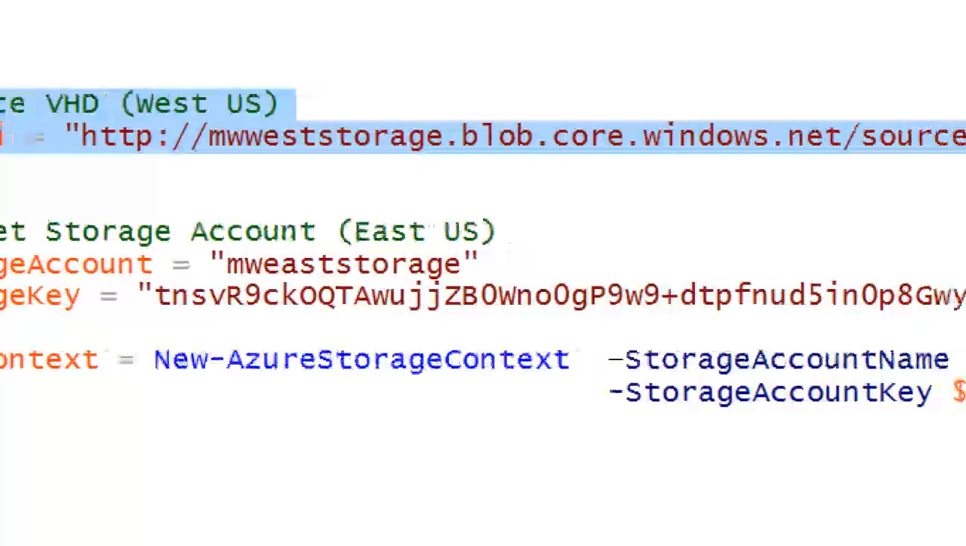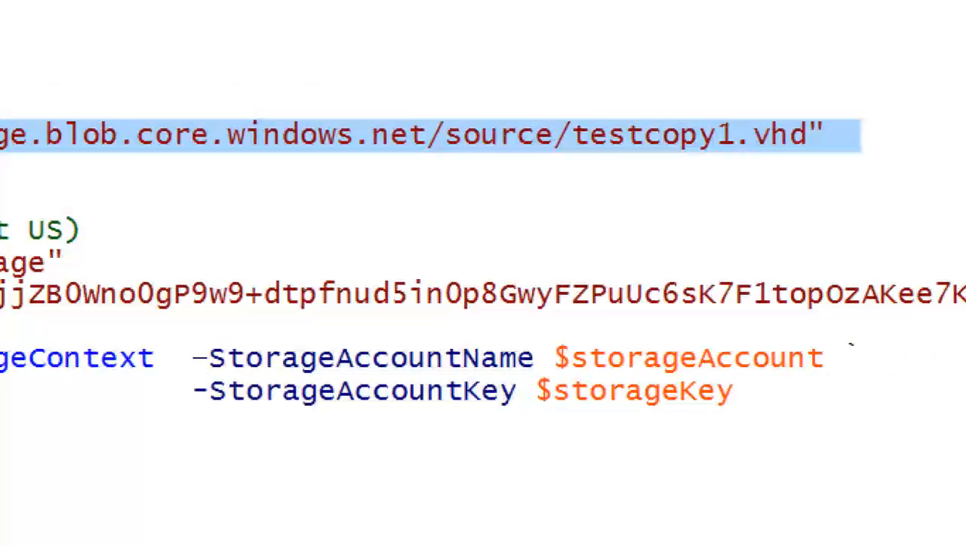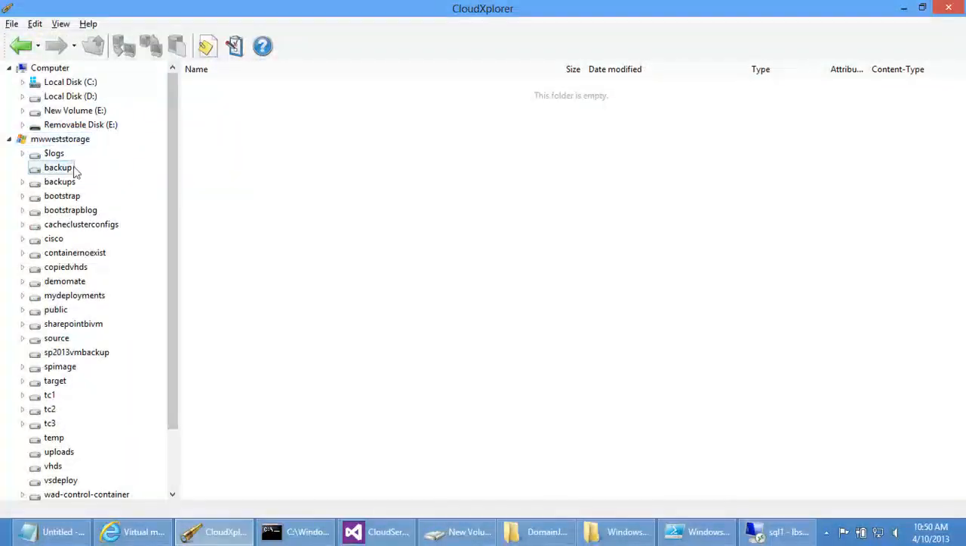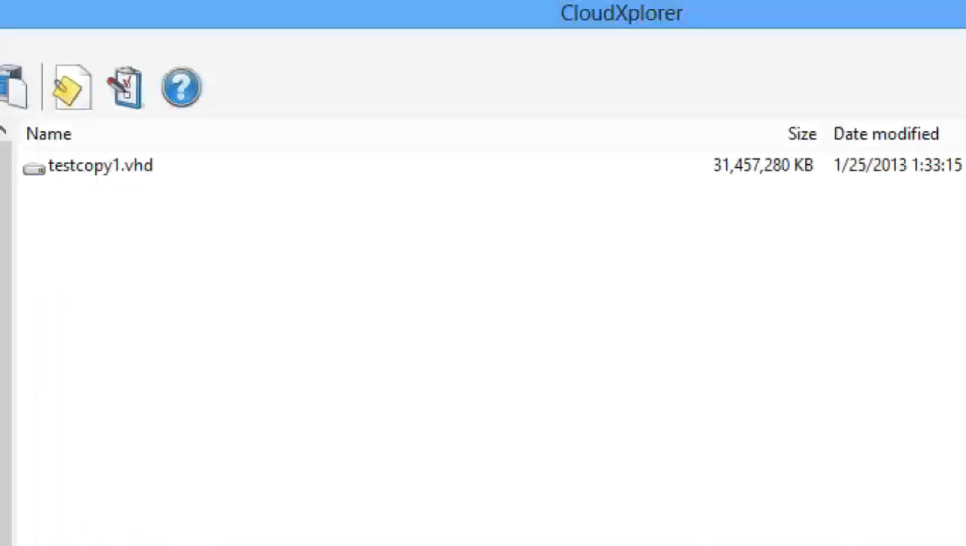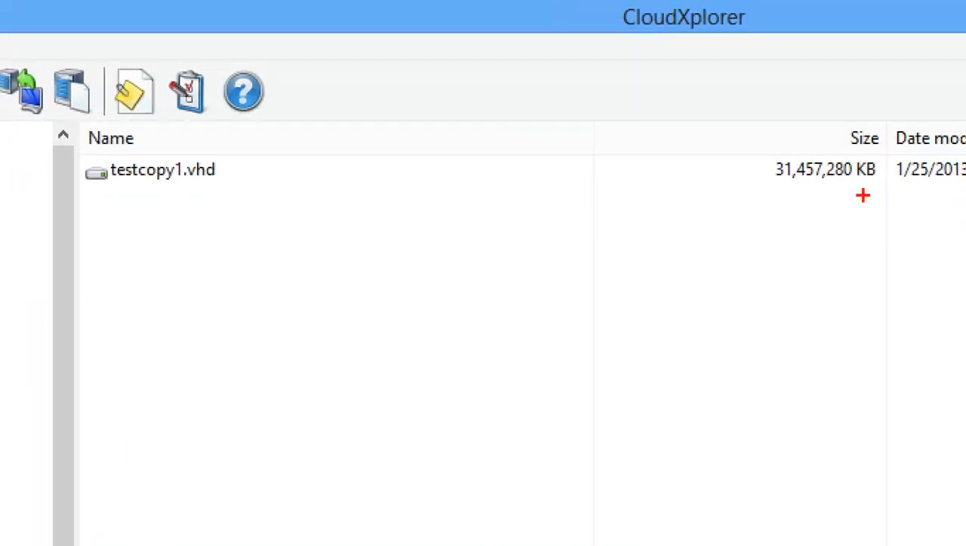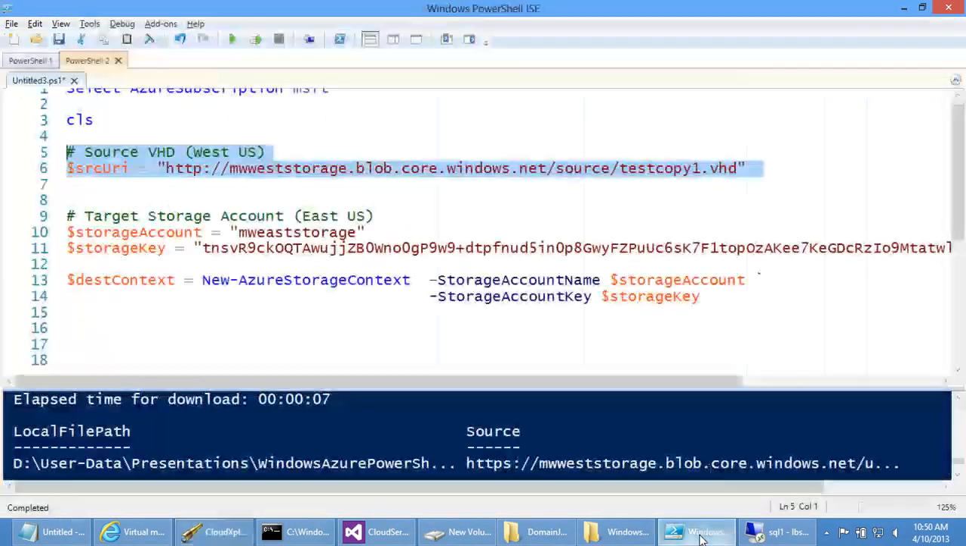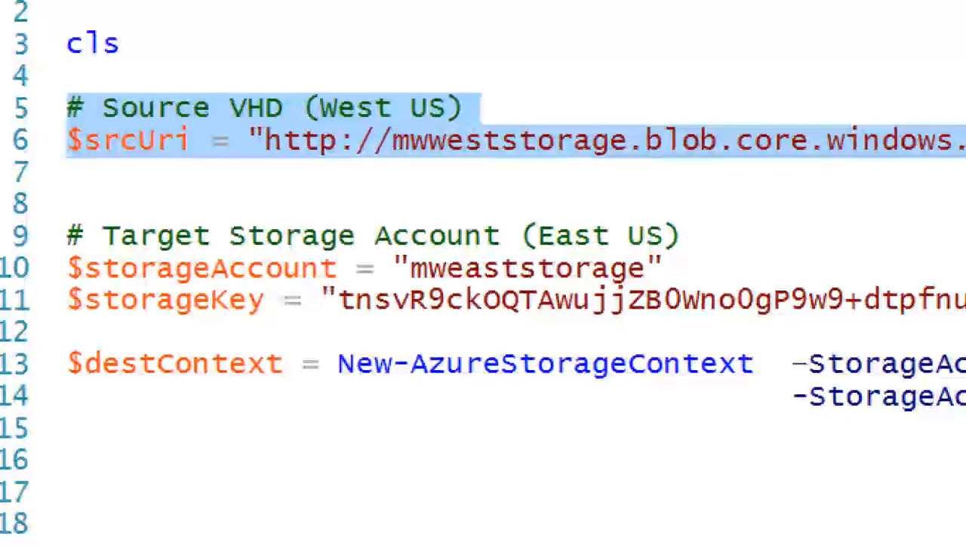mwstorage.blobcore.windows.net. It's called testcopy1.vhd. So if I go into a tool like Cloud Explorer, you can see this VHD, testcopy1.vhd. It is 32 gigs. So it's basically a bootable Windows machine, is what it is. That's the source URL, and what I want to do is copy this VHD over to the East Coast. So I have another storage account called MW East Storage that's in the East US data center,